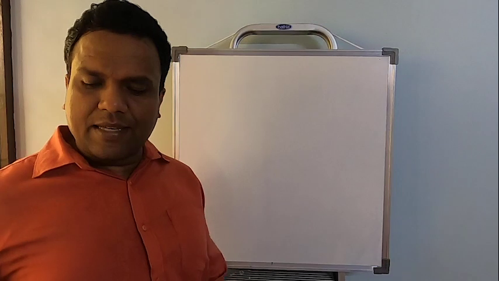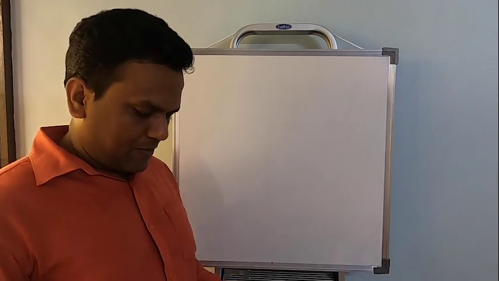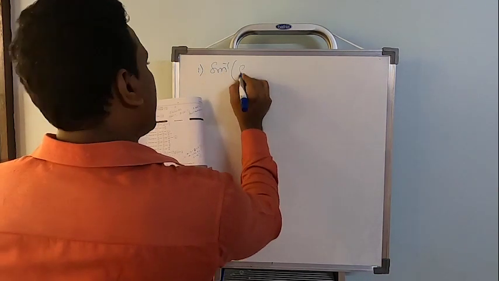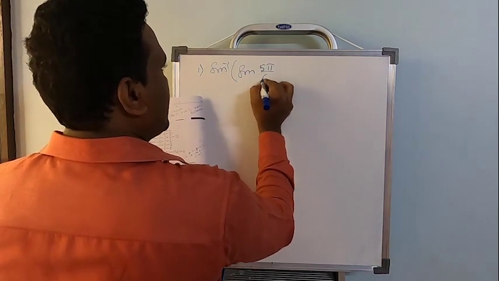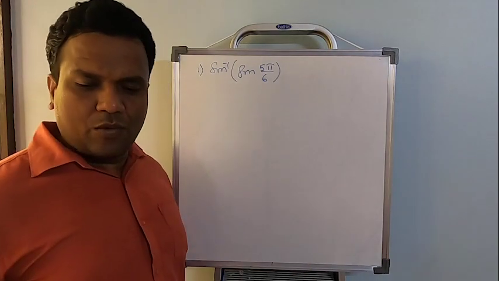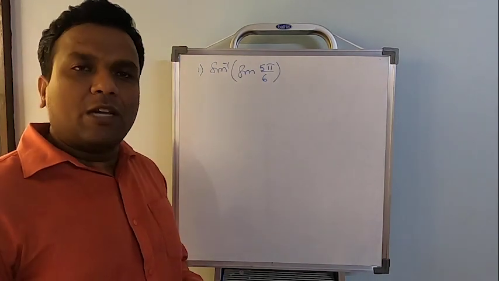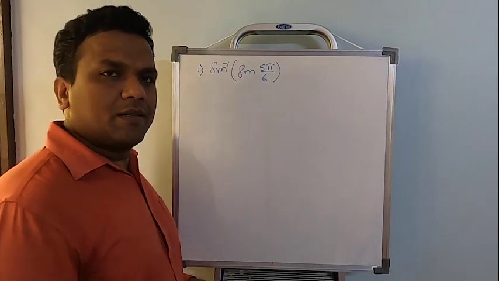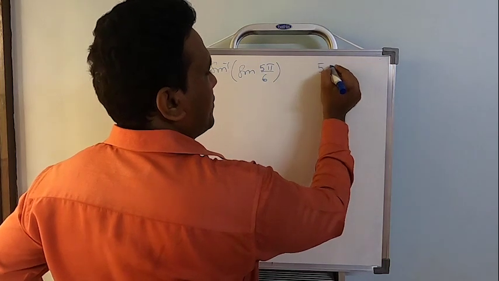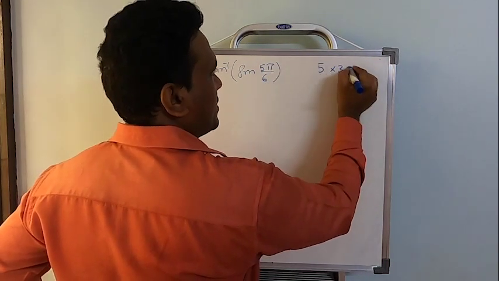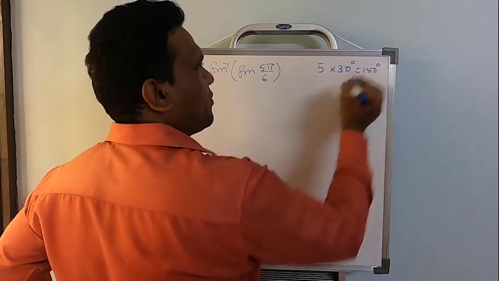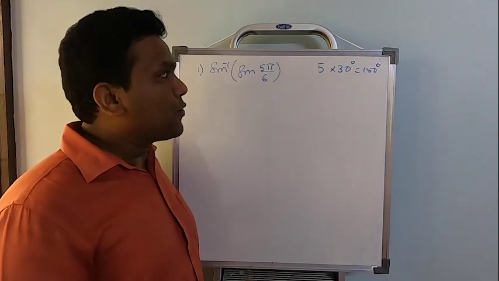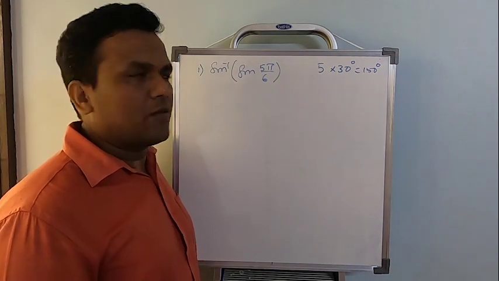So if I start the exercise, the first problem. Evaluate the following. The first one is sin inverse of sin 5 pi by 6. You will be noting, sir, radians I am unable to solve or finding it difficult to solve. No issues, convert it to degrees. What is 5 pi by 6 actually? 5 multiplied by 180 by 6 is 150 degrees. If you are good enough at converting in terms of radians, do it. If not, convert it to degrees and solve it, right?